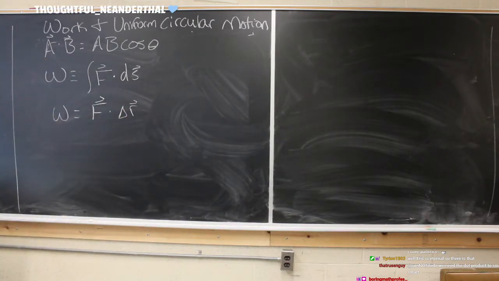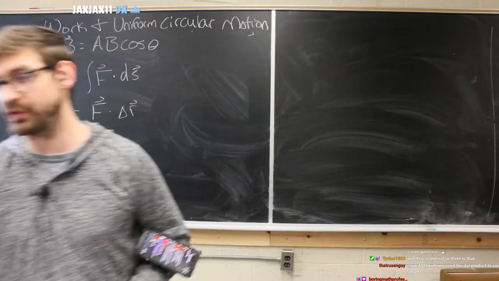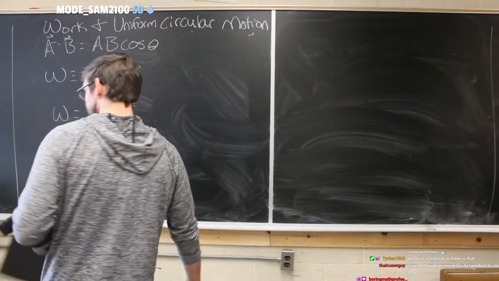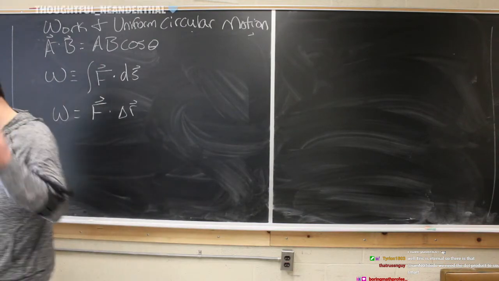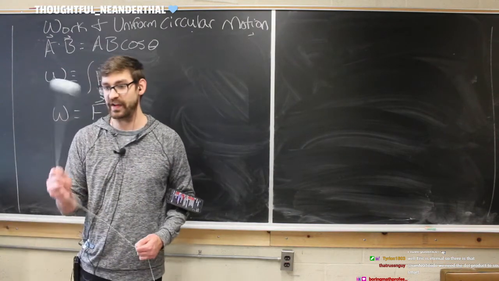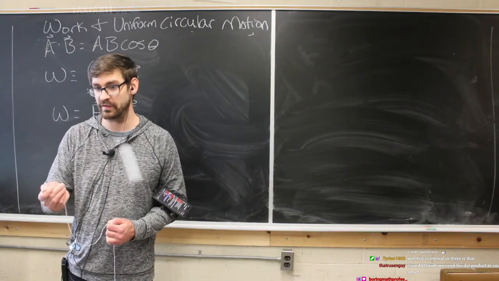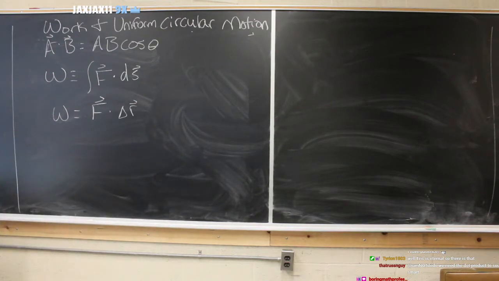So as long as the work remains constant, it's just the change in distance. Right? Work requires a change in distance. Now, I think this is where we start to get into some issues, especially with uniform circular motion. Because, I don't know if you noticed, but things in uniform motion are moving, right? They are moving. So how do we reconcile this motion with work when we know that the work in uniform